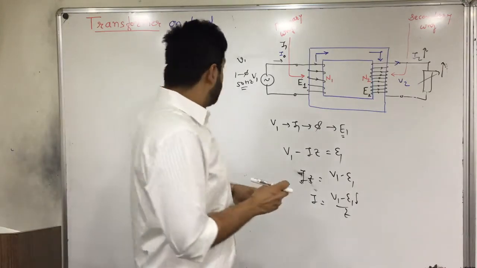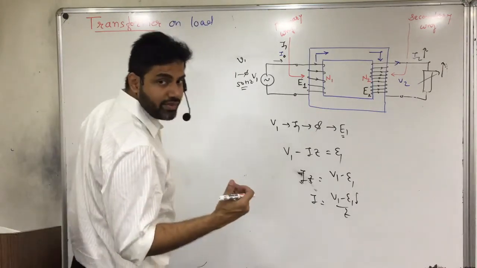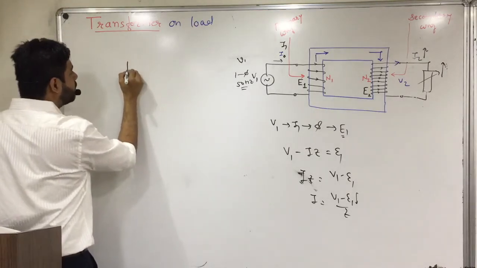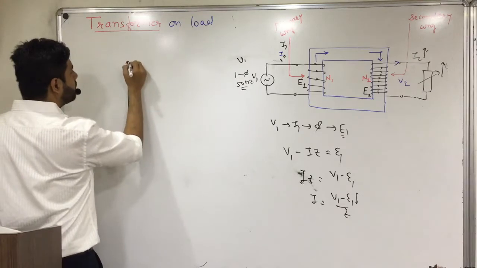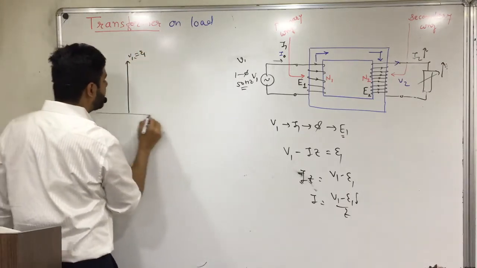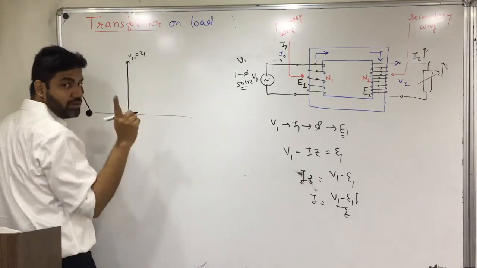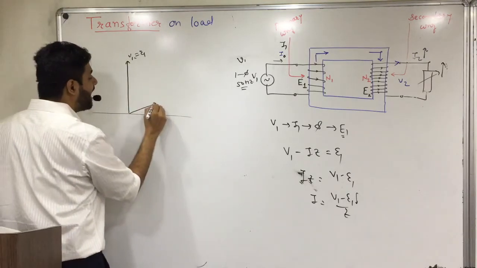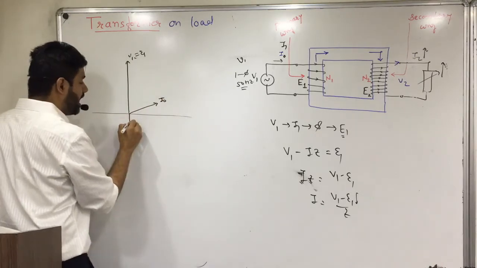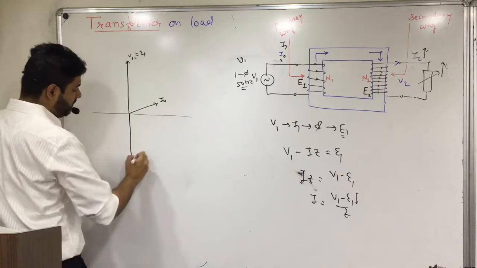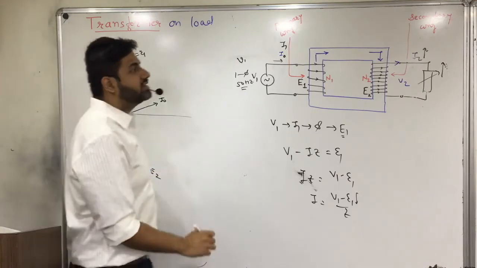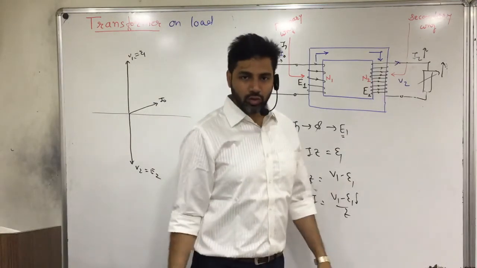So friends, look at this. We have V1, which is equal to E1. Fine. Okay. Now let's talk about current. It's very important to understand. I'll have my I0 like this. Now we'll have V2, which is equal to E2. Fine. Some I2 will flow.